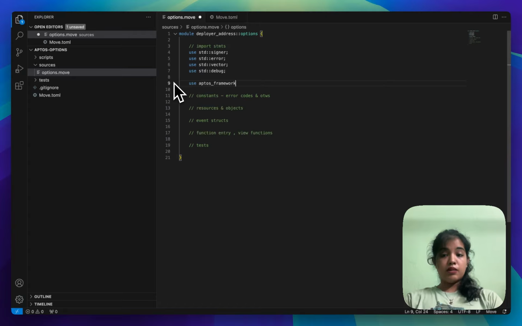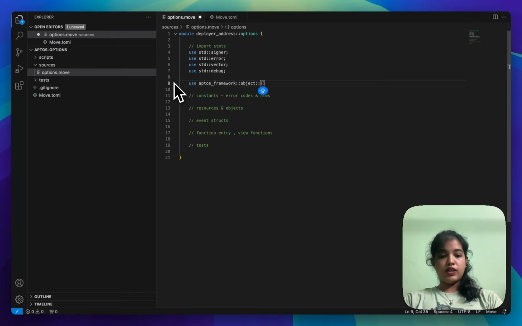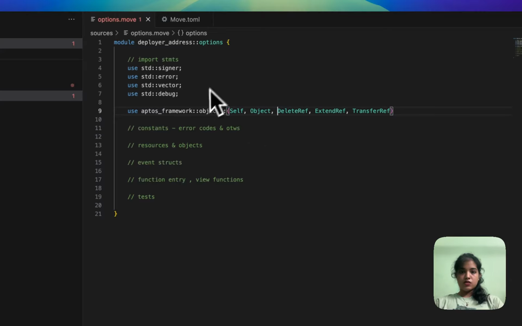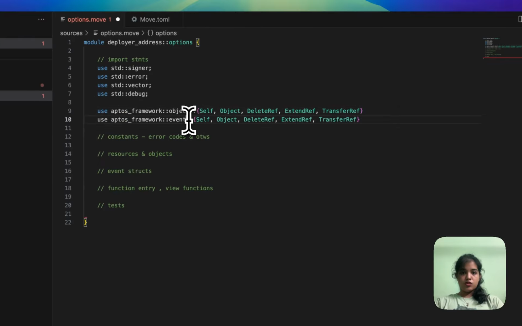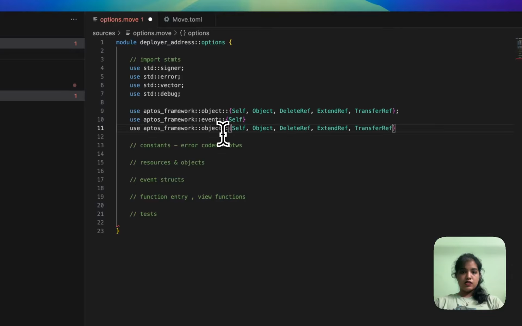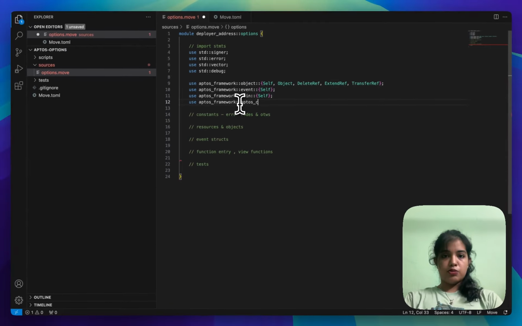And then we need to import a bunch of things from the Aptos framework. We will be working with the object library a lot. So we can take object, we can take a couple of references that we'll be using here like delete ref, extend ref, transfer ref, object as well actually. Yeah, so these are a couple of things that we'll be using. We will also need events. So just going to go ahead and copy that as well. Events, then let's get coin, Aptos coin as well. So this is going to be Aptos coin,